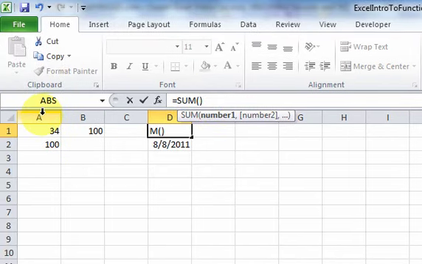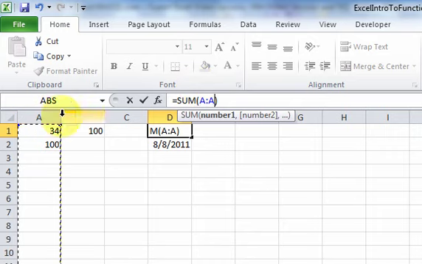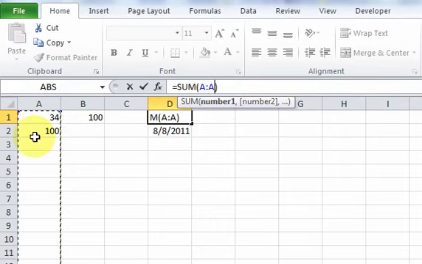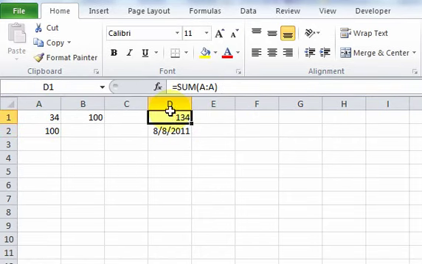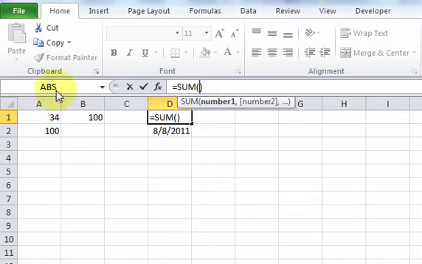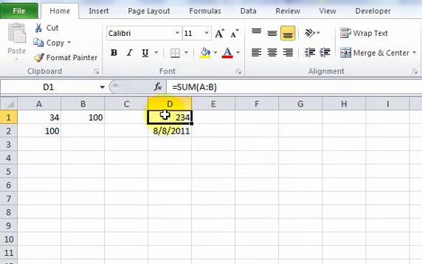Here's another way you could do a range. You could just select the whole column, A colon A. If you do A colon A, it just highlights the whole column, and you'll get 134 here. Similarly, if I wanted to select both columns, I could just select A colon B up here, and I'll get 234 again. Okay, so I think you have an understanding now of